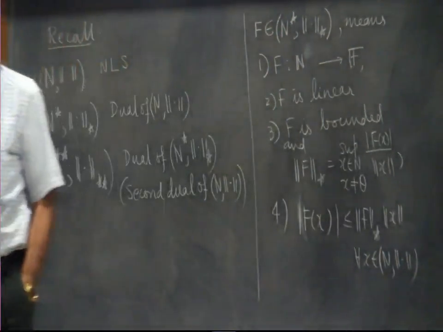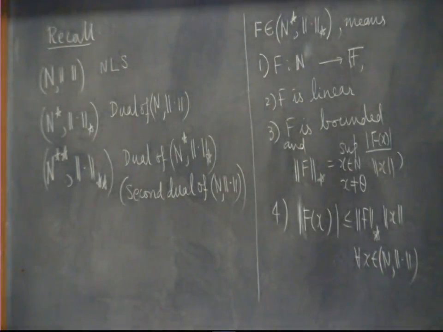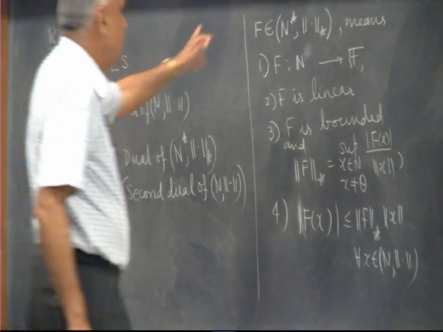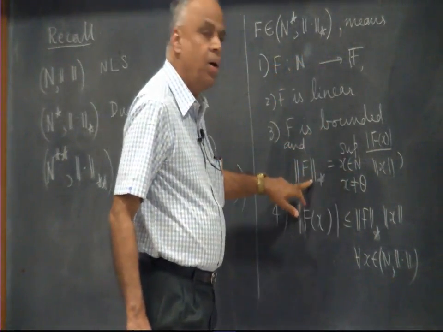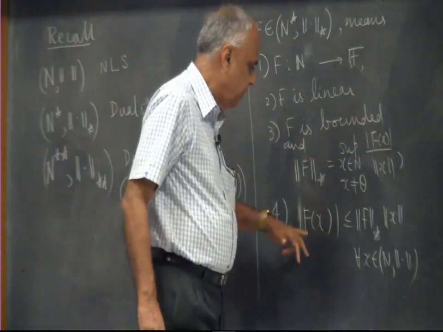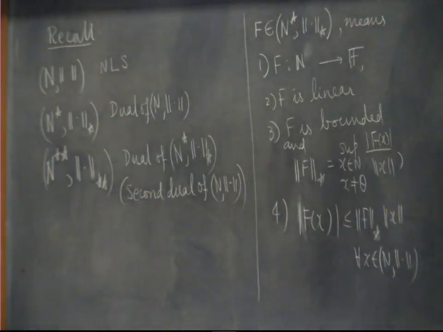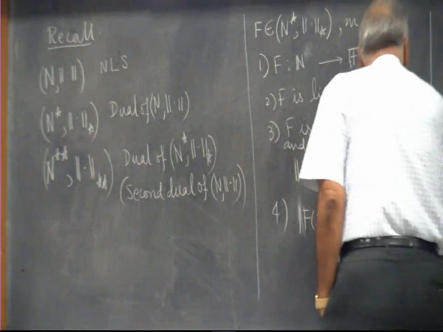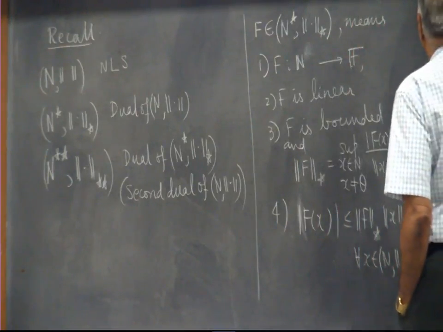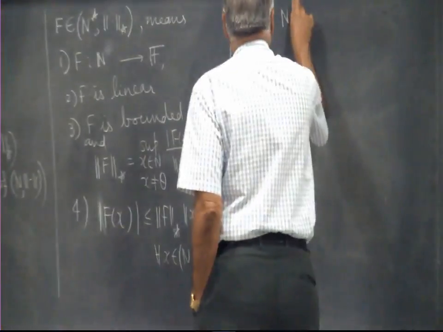These are the things that we have. Whenever I say that F belongs to N star, I mean all these things are available for us. It's a functional, it's a linear functional, it's a bounded linear functional, bounded defined this way, and with that bound this is satisfied. Okay. Now analogously, you replace N by N star, then you get N double star. So if you have script F belonging to N double star,